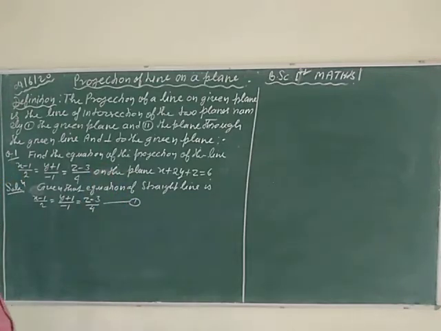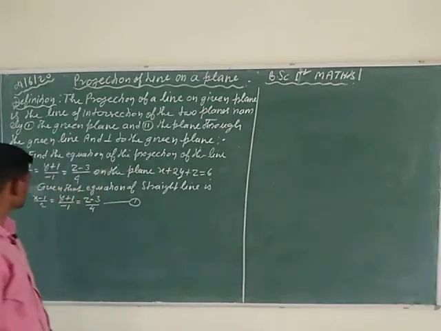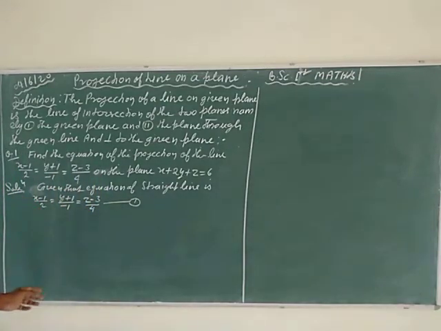Means in the question a straight line is given, which is x minus 1 by 2 is equal to y plus 1 by minus 1 is equal to z minus 3 by 4,